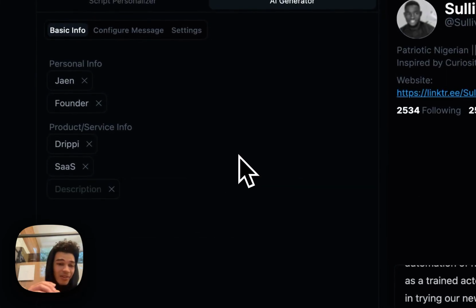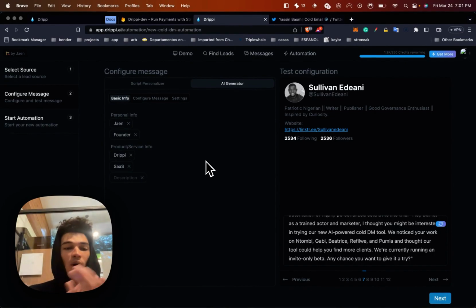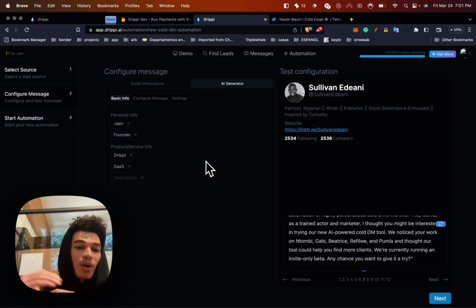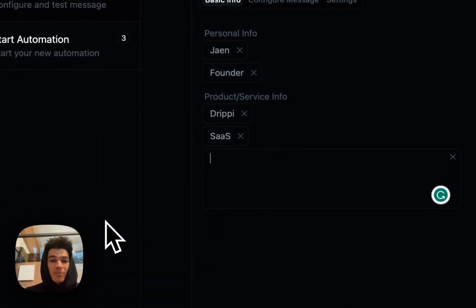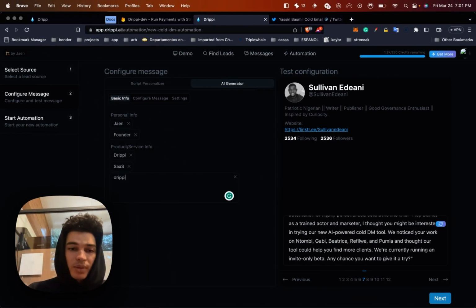Anyways, the description. This is probably one of the most important parts. This is all the information that it's going to use to inform the message when it's talking about your product or your service. So this is where if you're an agency owner, this is where you put your offer. What sets you apart, what special thing are you offering, all that sort of stuff. For me, I would obviously put a much more detailed description than this if I was actually going to run this. But right now I'm just going to put Drippi is an AI cold outreach